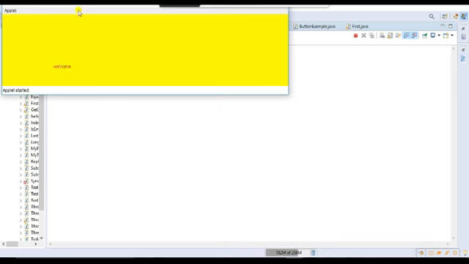Okay, so in this way we can write any applet program, and there are so many methods available in the Applet class. So you can go through the applet methods which are available, and you can apply all of them one by one using an applet program. So that is all about this applet program. Thank you. Next.